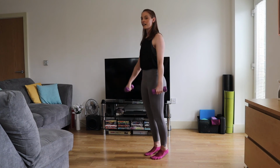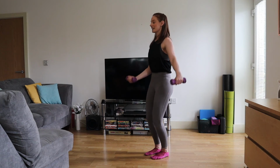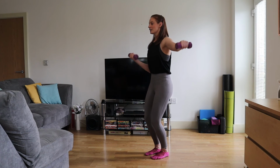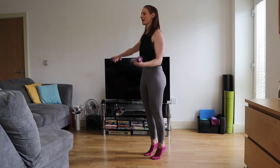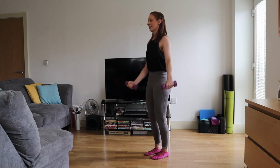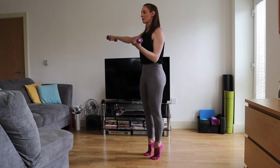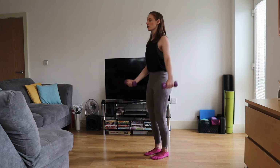Okay, right arm does the bicep curl, left arm does the lateral raise. Plie. Switch arms and rise. This is where the coordination happens. Switch and bend. Switch and rise. Now, because we're doing one arm bicep curl, one arm lateral raise, you'll notice how the weight